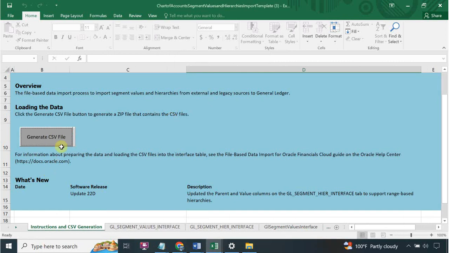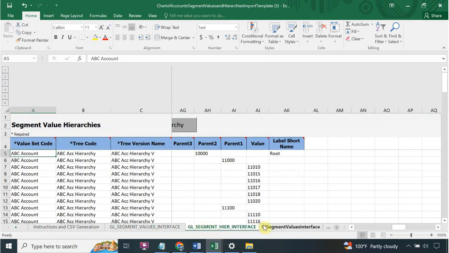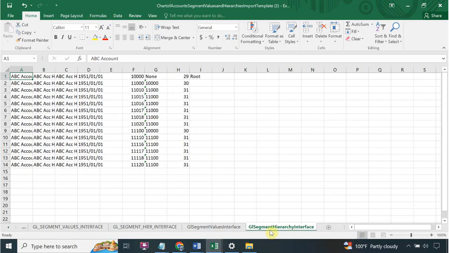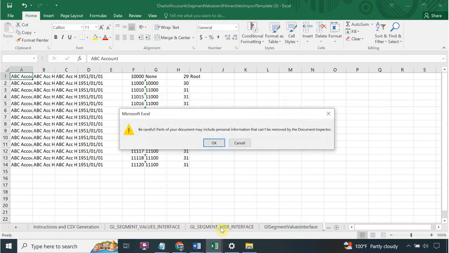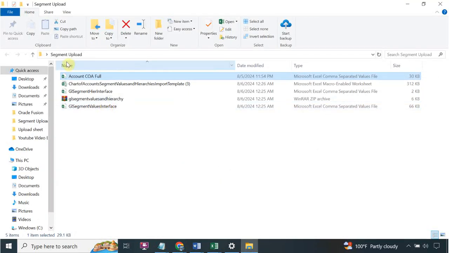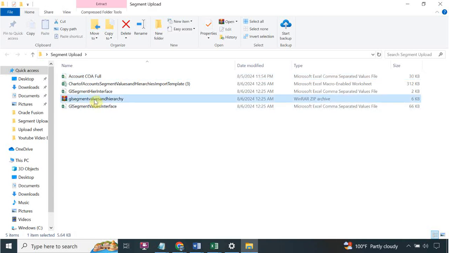So if you see here, now the CSV file is generated, and before that we have only two tabs here, segments value and segment hierarchy. Now we can see another two tabs, which one is the segments values, this one the system generated, and second for the hierarchy, right? So I will close the Excel, and this is my segment upload, and this is the file system created. This is my CSV file which will be used for the upload. Okay,